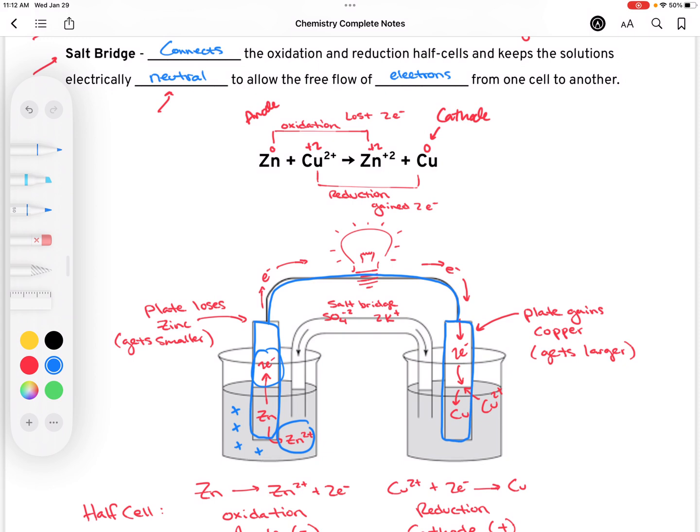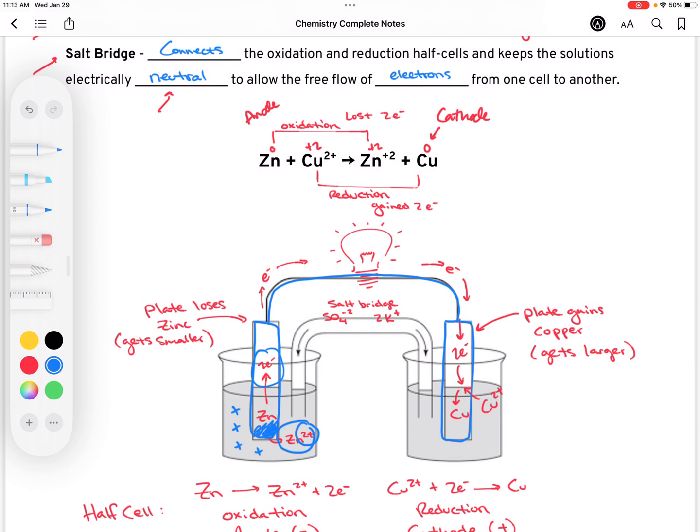balance this out. We have an off balance because in our solution here, we're going to be having these zinc ions in solution. So this plate is slowly going to disappear, and the zinc is going to become part of solution. You may ask, well, why is it becoming part of the solution? Because it's charged. Water really wants to interact with charged ions. And so zinc is going to just dissolve into the water, into the solution, and it's going to lose those